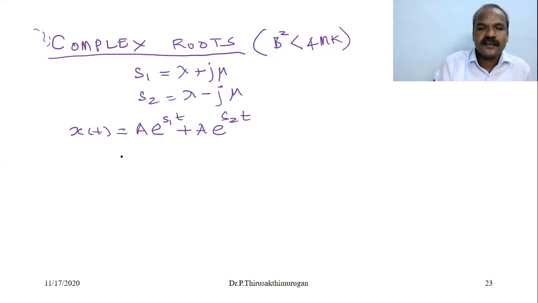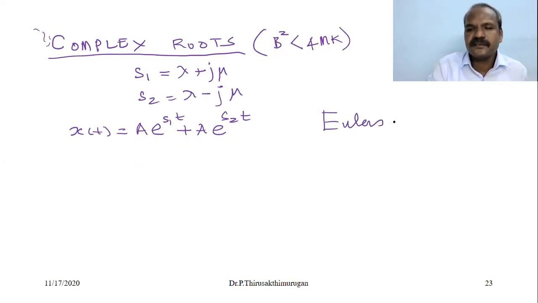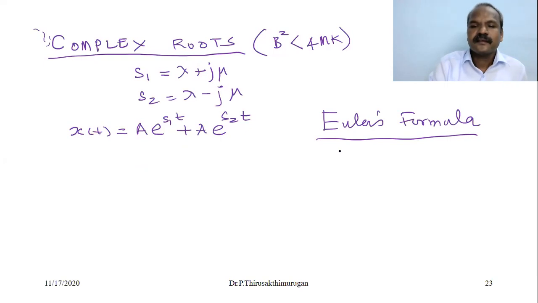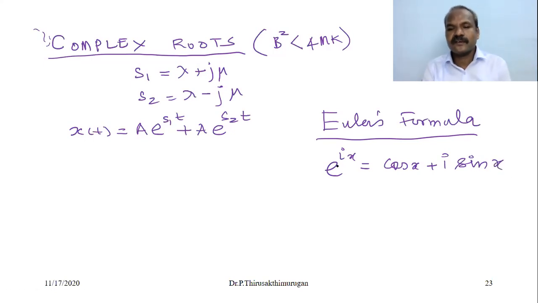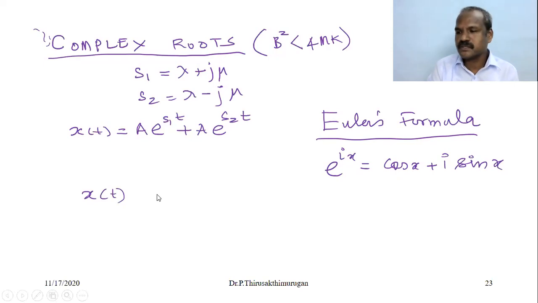So we use Euler's equation. What is Euler's formula? e power ix equal to cos x plus i sin x. This is the equation for plus 2, right? So using that, the solution for complex roots is equal to a e power